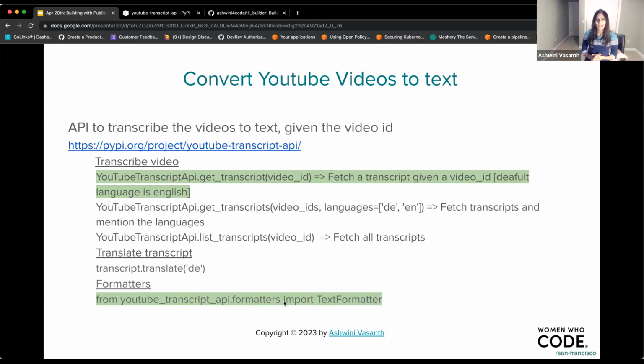Okay, so now we're done identifying what we need to transcribe YouTube videos into English text. We do notice that there is an input which is required, which is the video ID, which is very easy to get. Anyone who's watching a video will see that the end of the URL has the ID, which is the video ID. We'll quickly see a demo as well. So we have all the information to use this API.